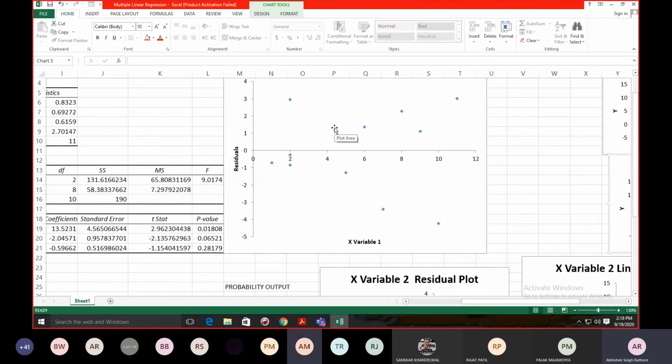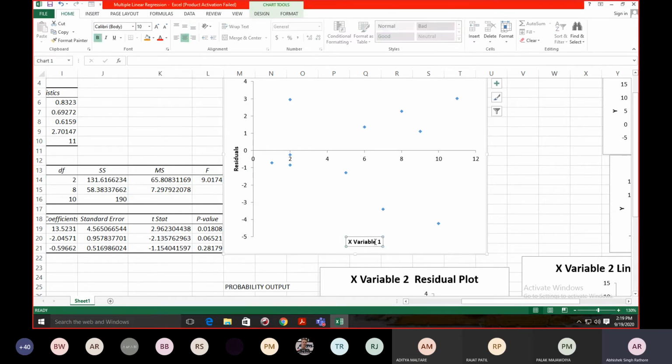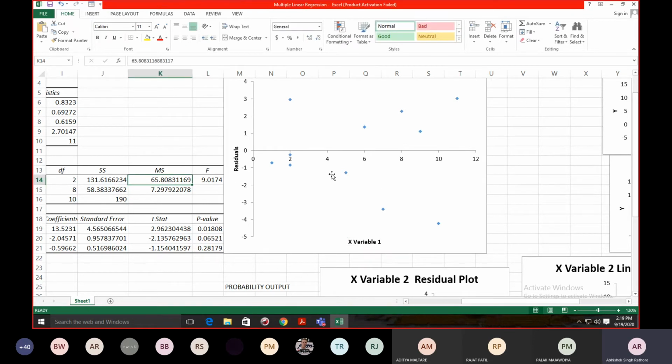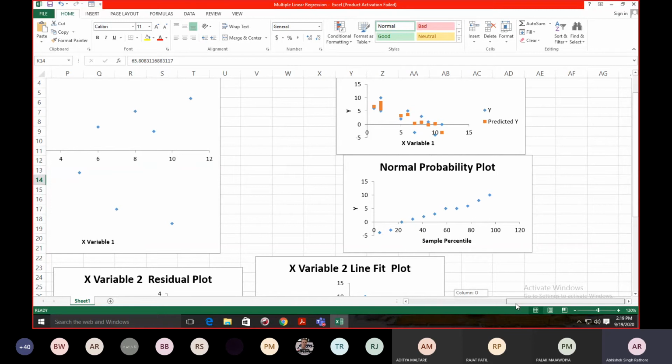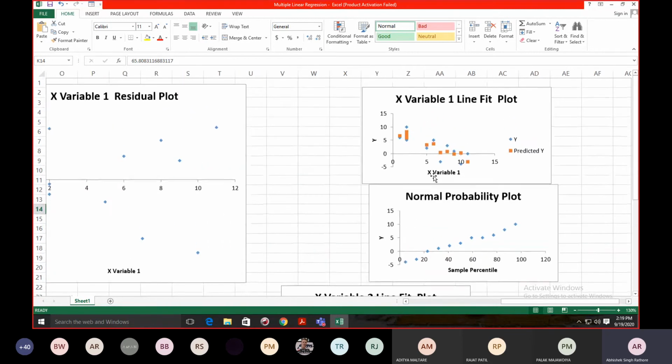Yes, it is in a double bow, so we can say that our model is not that satisfactory for us. Even though we are getting high significant values, we are considering only a single value. This is a marginal value of xy, so we are not considering this plot because it suggests a much better value, but when we plot x versus residual, it is not satisfactory. So this is how we can say that our data is not very good for us.